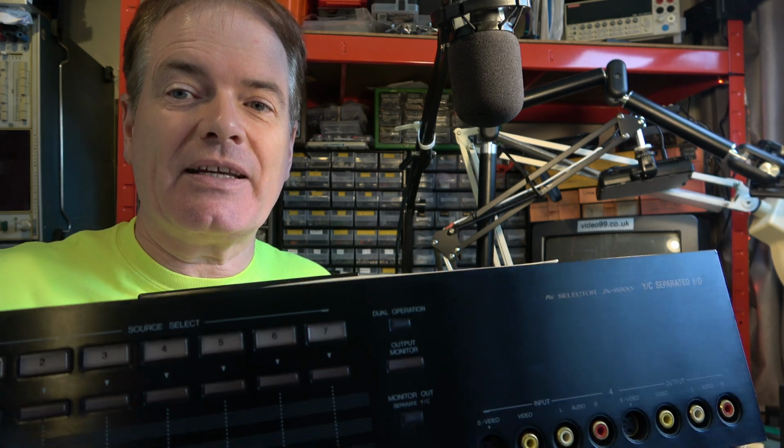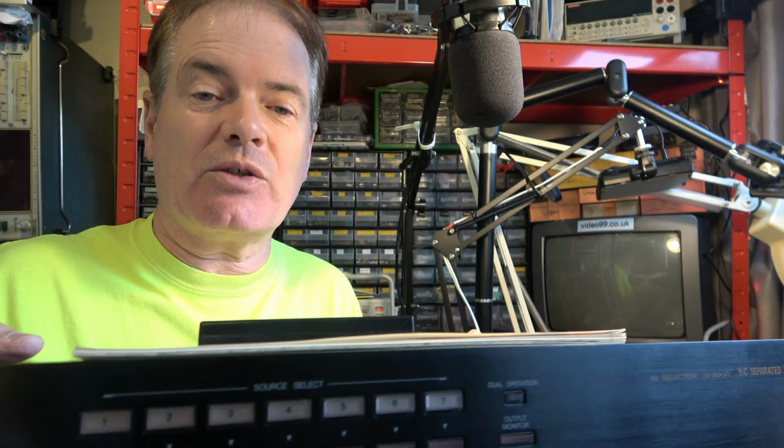Hello. Last week we did a testathon of audio and video equipment. All of the equipment I featured last week was donated to me by one person. Some of the equipment today is from different sources, but I've also been given one more item by that same generous person, and it's another audio video switch. This one's been modified for 240 volt operation. So we'll play with that one later, but today initially I want to look at some of the audio equipment we have, and that starts with